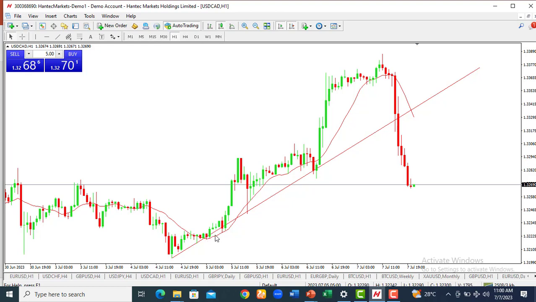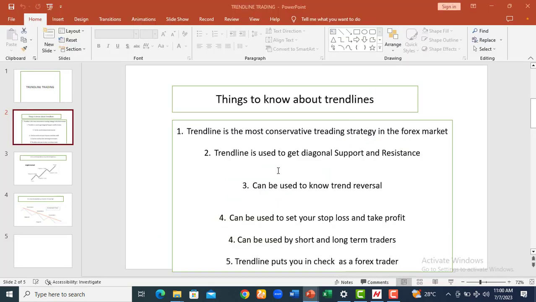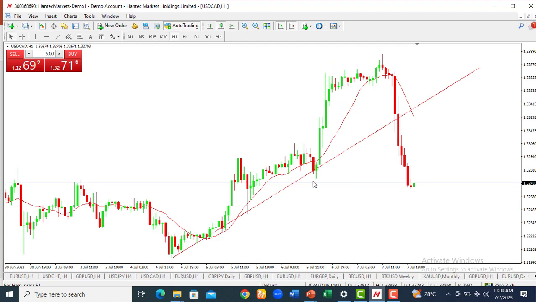Looking at all these ones, you can see here a candlestick confirmation, but here there was no candlestick confirmation. So buying at this particular price is very wrong. So trend line is a very good strategy used in trading. So I said in our slide, it can be used to set stop loss. I said it. When trading, if you buy at your trend line, let's